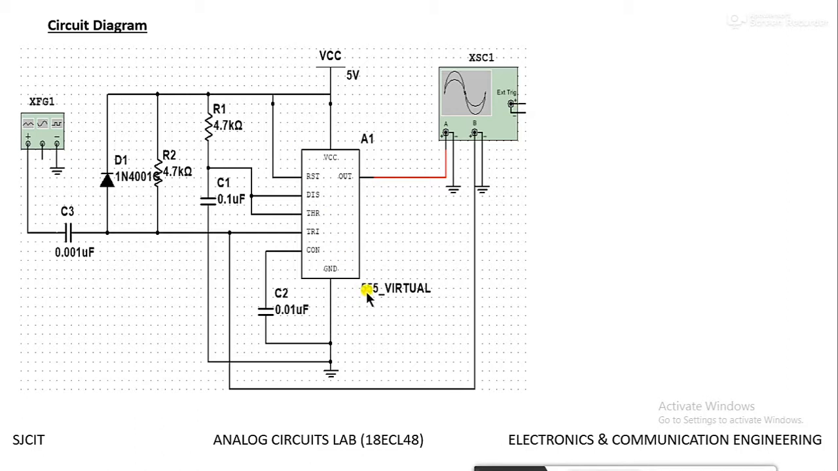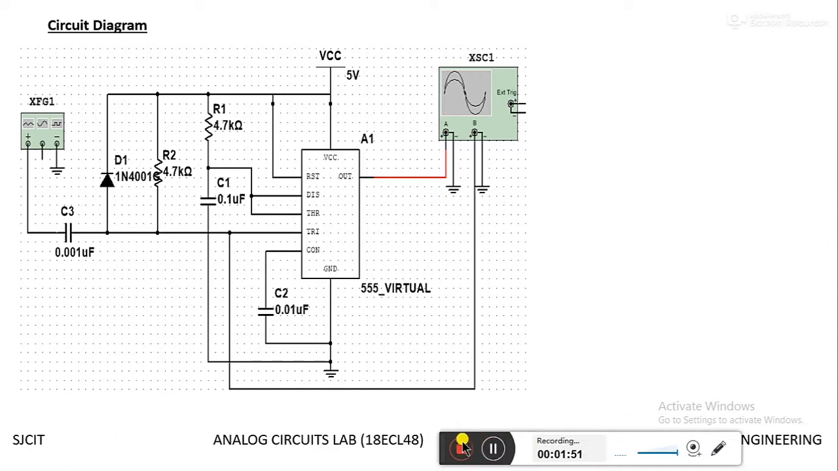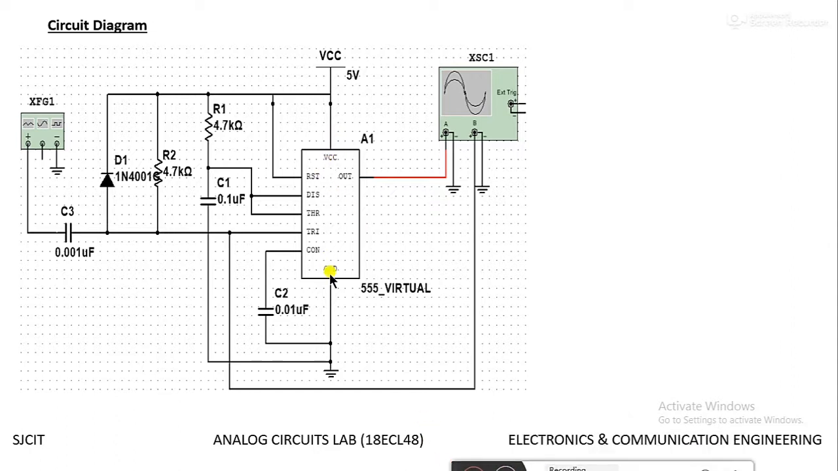IC 555 is an 8-pin IC: VCC, ground, reset pin, discharge pin, threshold pin, trigger pin, control voltage and output pins. At first, the control voltage pin to ground,